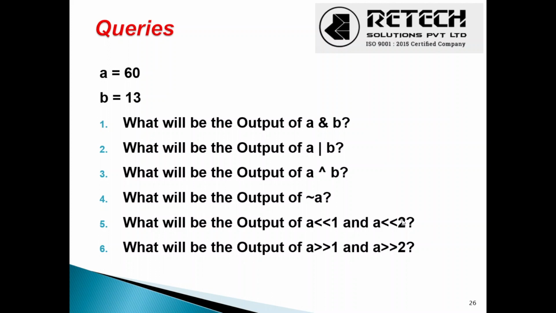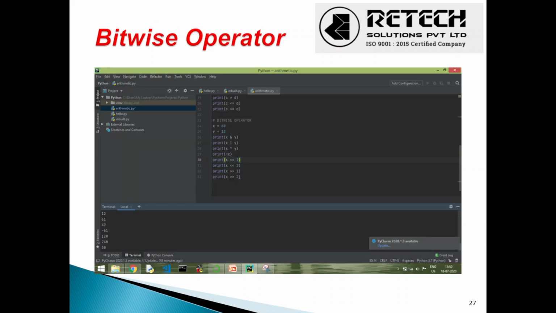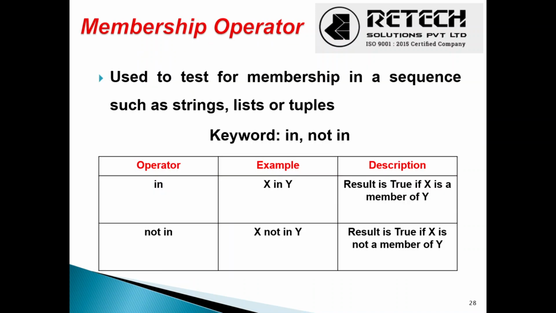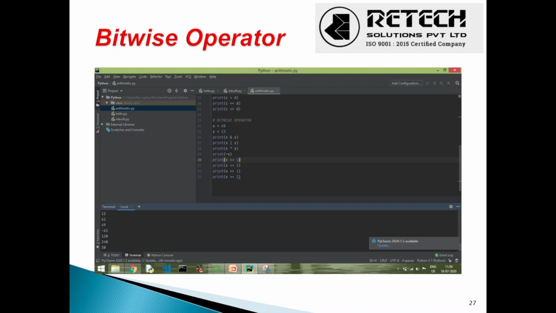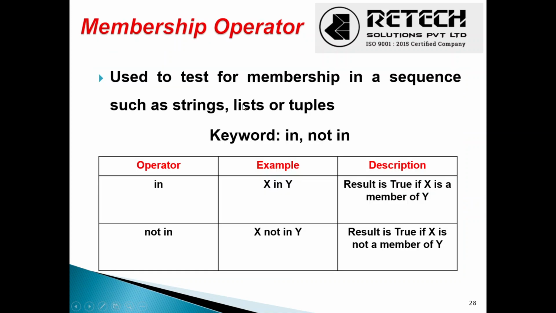These are the sums we have done using the bitwise operator. The next operator will be the membership operator. The membership operator has two operands, in and not in. It is a sort of conditional operator, used to test for membership in a sequence such as a string, list, or tuple. For example,